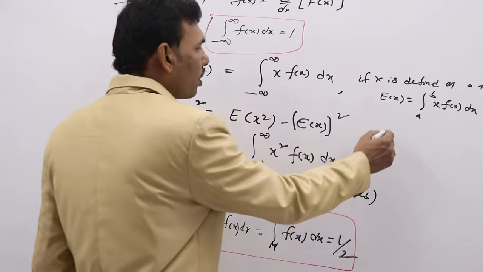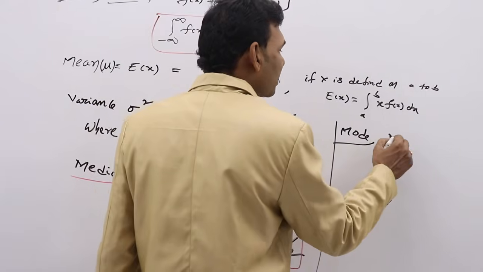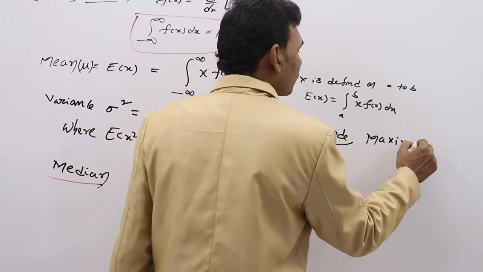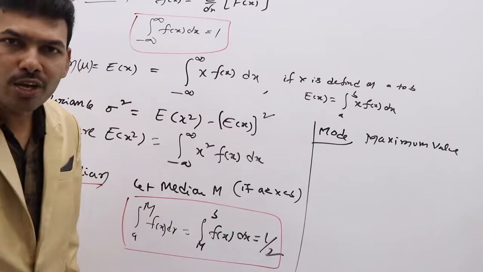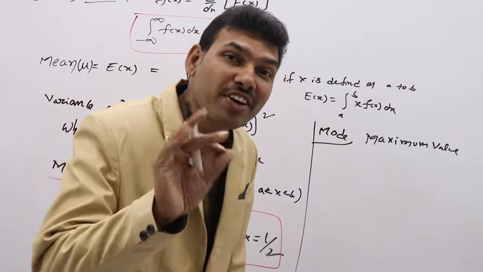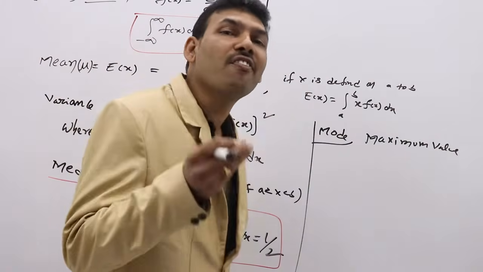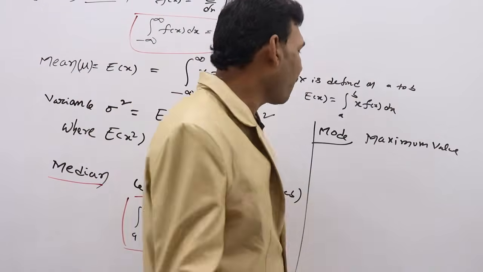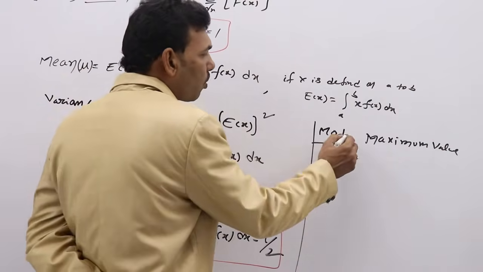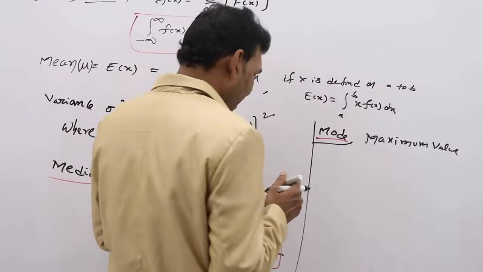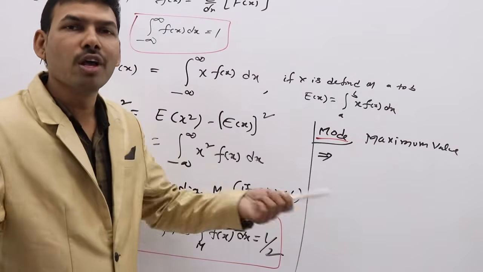Coming to the mode, it is nothing but a maximum value. Simply, we can say the value of x for which f of x is maximum. That value of x is called the mode of the distribution. The mode of the distribution can be calculated using the maximum minimum principle for a single variable, which we learned